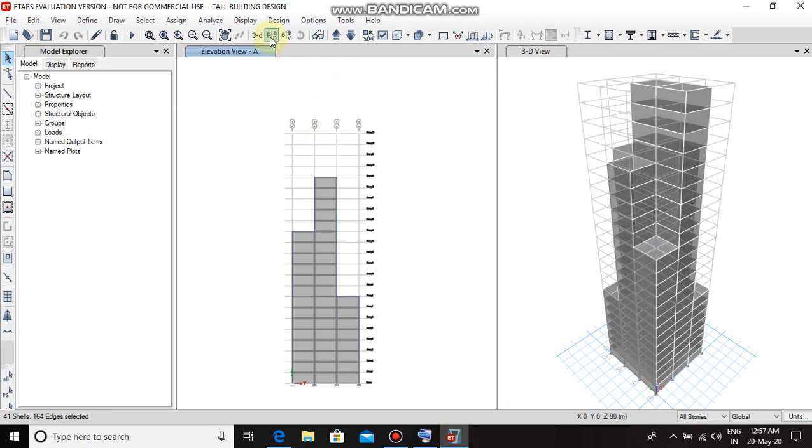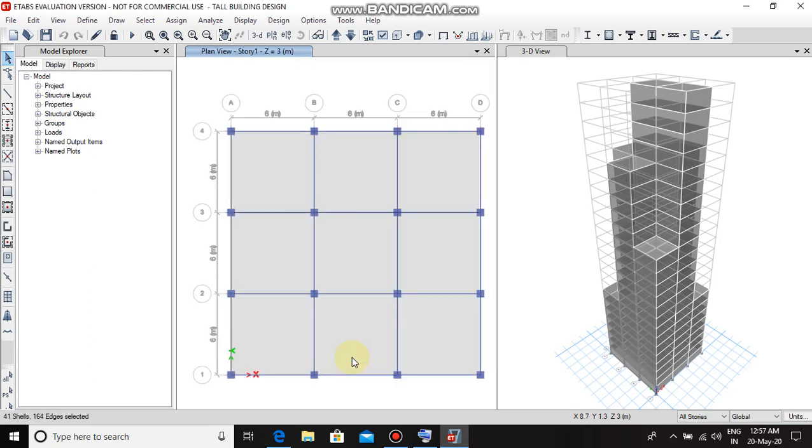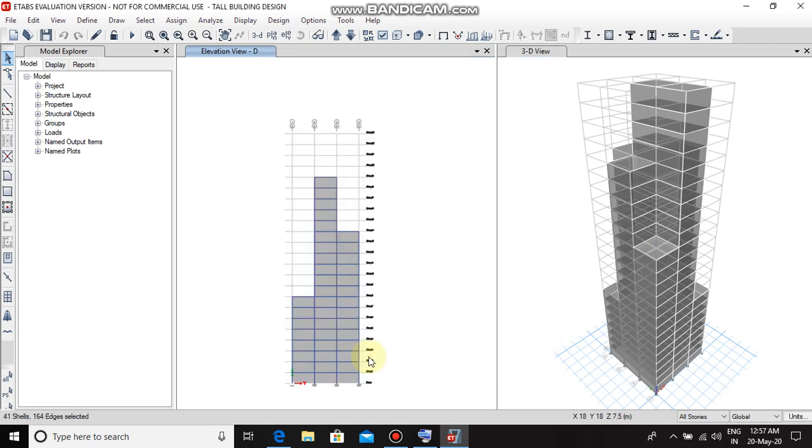Now click on Plan. Select Story 1, then click on OK. First, go to the elevation view. Now select section D. Then click on OK. We have to select all stories from these options. Select all the shells.